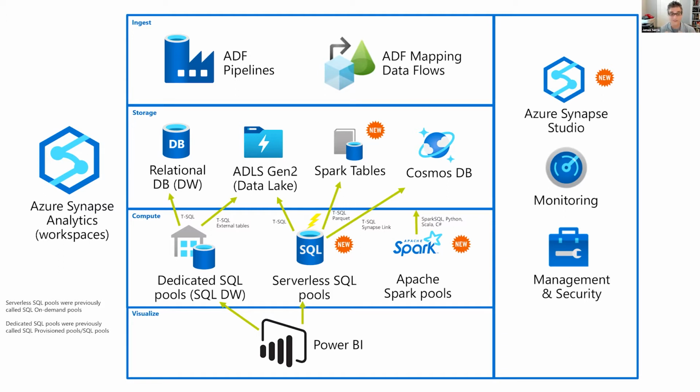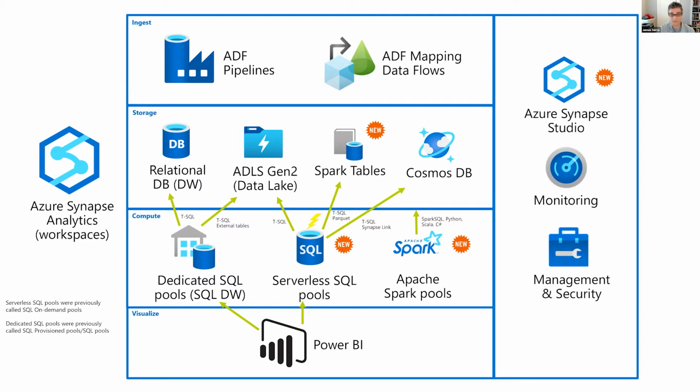The point is I can create a query that will go against these data sources and use regular T-SQL and can actually join data sitting in a data lake, a Spark table, and Cosmos DB. So if I want to get to this federated query approach or a logical data warehouse where I didn't want to always pull the data into a central source, like a relational database, I can query like this and leave the data as it is and use regular T-SQL and only pay per query.